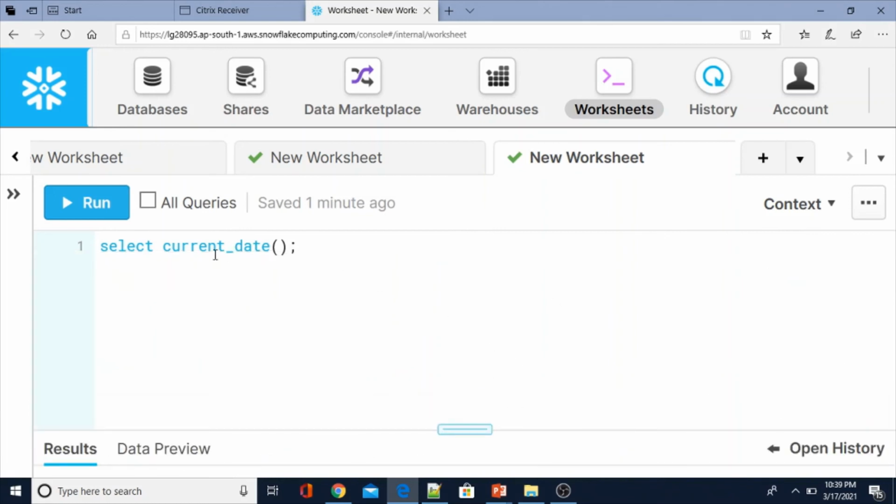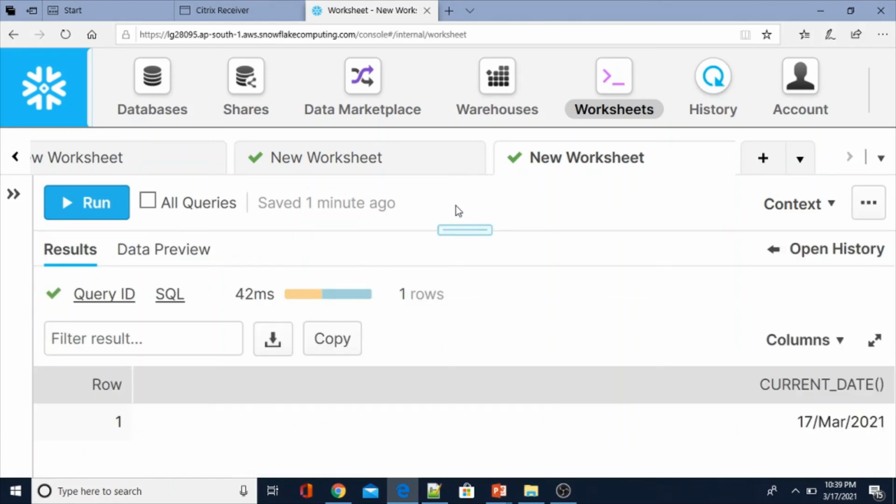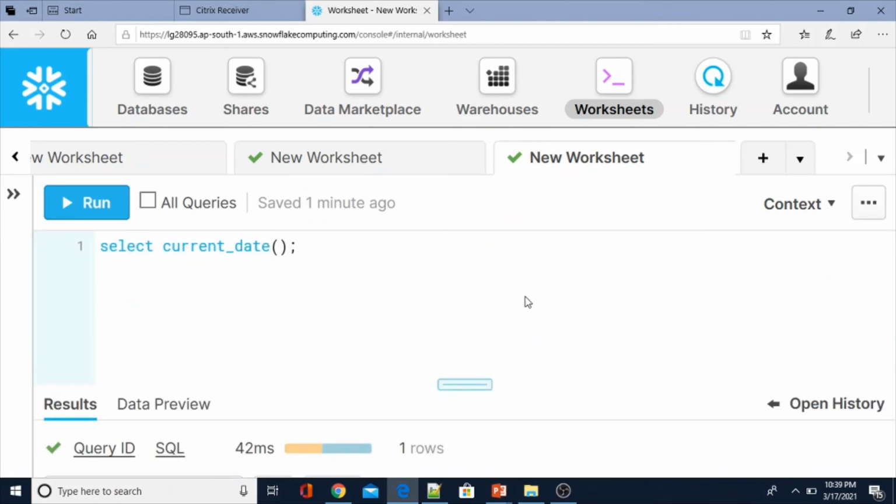Now let me execute the same after altering the parameter. See now 17 MAR 2021, because we didn't do anything in this existing session. We opened it some time back and didn't close it. But in the meantime we went to another session and changed the date output format at account level. That's why it has been applied here also.